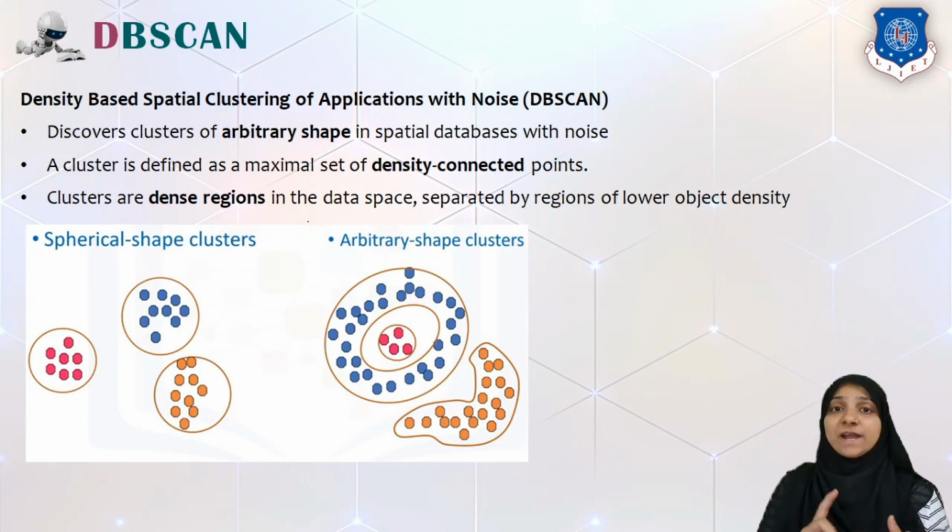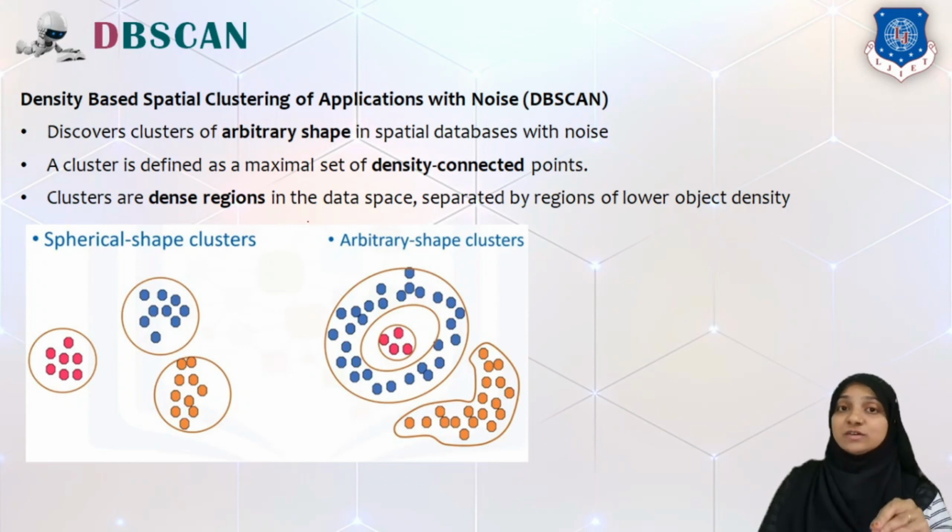All the algorithms that we have seen till now, in our previous lecture plus in this lecture, such as the k-means algorithm, the k-medoids algorithm, which is actually the PAM algorithm, and then the agglomerative or divisive algorithm, all these algorithms can work well only with spherical shape clusters.